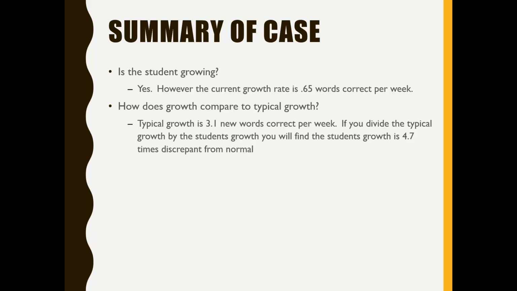So how does that growth compare to typical growth? I talked about this a little bit while we were looking at the graph. Typical growth is 3.1 new words correct per week. If you divide typical growth by the student's growth, you'll find that the student was 4.7 times discrepant from normal